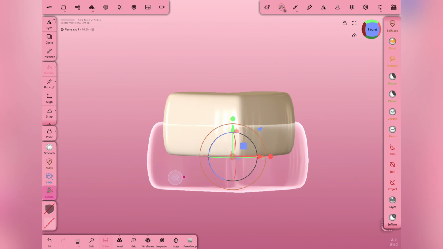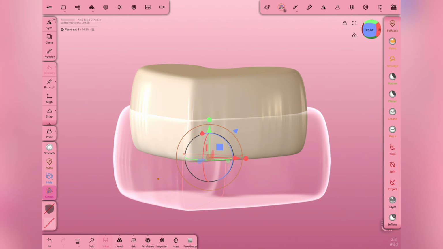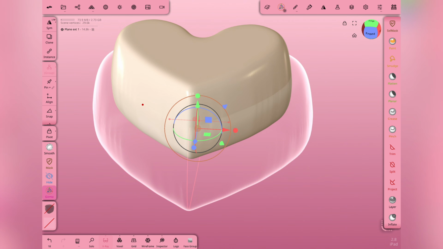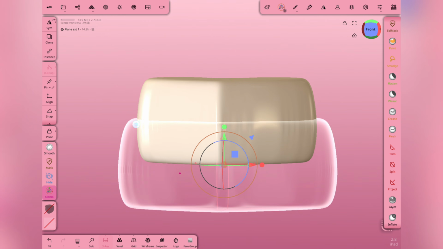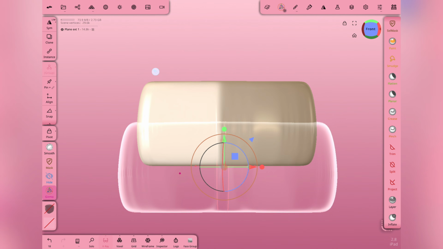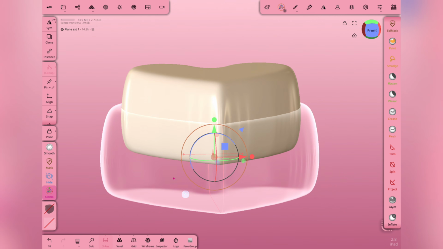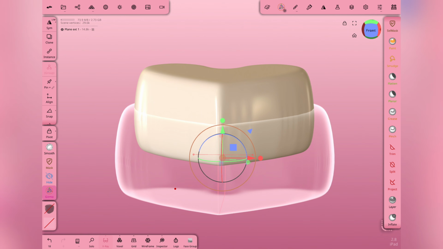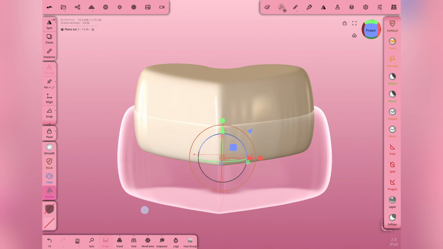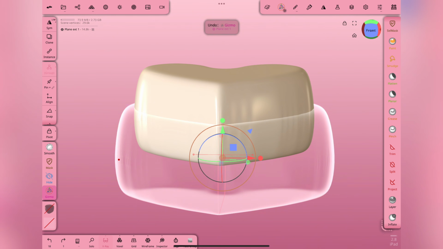I'm moving it about halfway down the original heart because you want room for the top heart to stick out, unless you want it to be flushed into your base where the hole will be that you'll insert the fidget clicker in. But I want the heart to sit at the top like this. So I'm just moving the bigger heart about halfway down, and you want to make sure you have space right here to insert your hole, or else you won't have enough room. Then it'll just be an open space right down the middle, opening at the bottom part, which we don't want. So just make sure that you have enough room